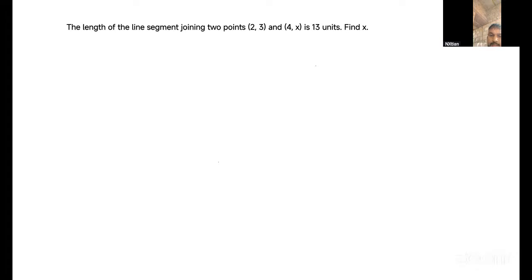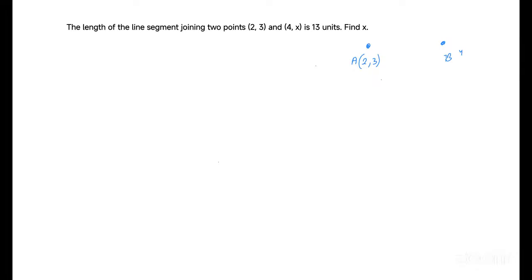So if I draw the diagram, this is A, this is B. The coordinates of A are (2, 3) and the coordinates of B are (4, x). It is given that the distance between them is